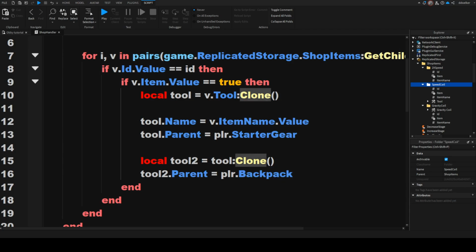But what if it wasn't an item? What if it was the 2x speed that modifies an attribute? What we're going to do is drop a line and check else. So if item.Value is false, that means it's the 2x speed. We're going to check if v.Name equals, in quotation marks, "2x speed", spelled exactly the same, then